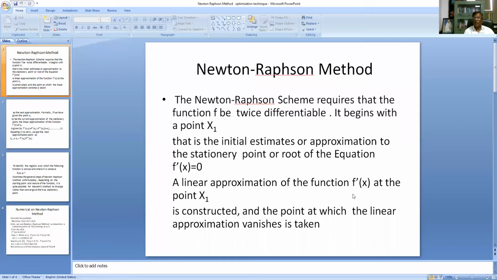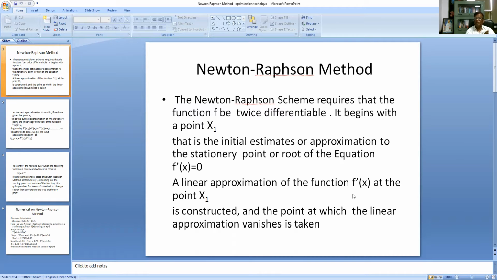So for that I am here with some study material, and I would like to share a PPT for your convenience. So just enjoy this. This is Newton-Raphson's method. I hope this is visible. And you see, Newton-Raphson's method means Newton-Raphson's scheme requires that function f